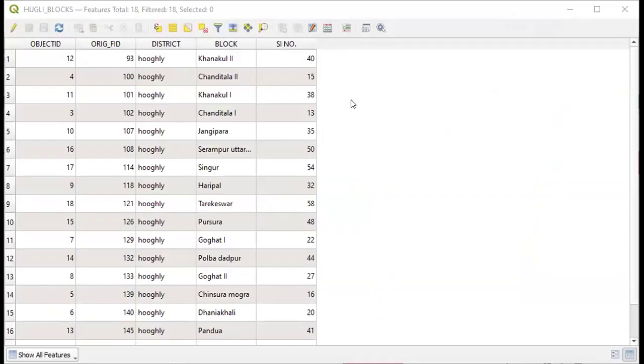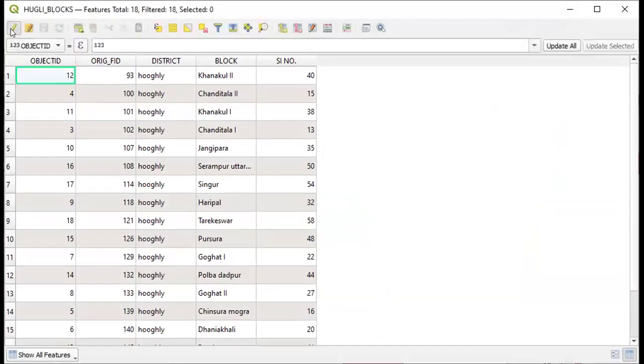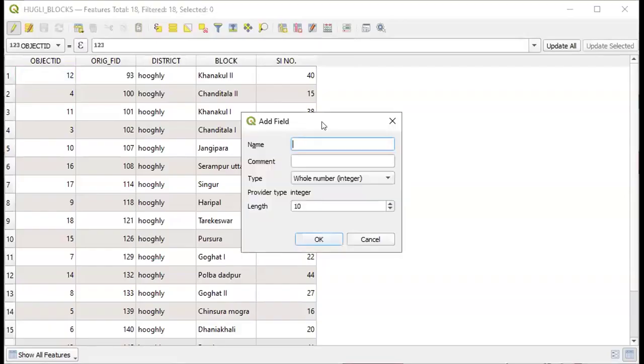Suppose if you want to create another field, you just click on this edit button and then click on the add new field option. So as you click on this add new field, a dialog box will open. Just name this field, whatever you want to create. If you want to create a field like area,